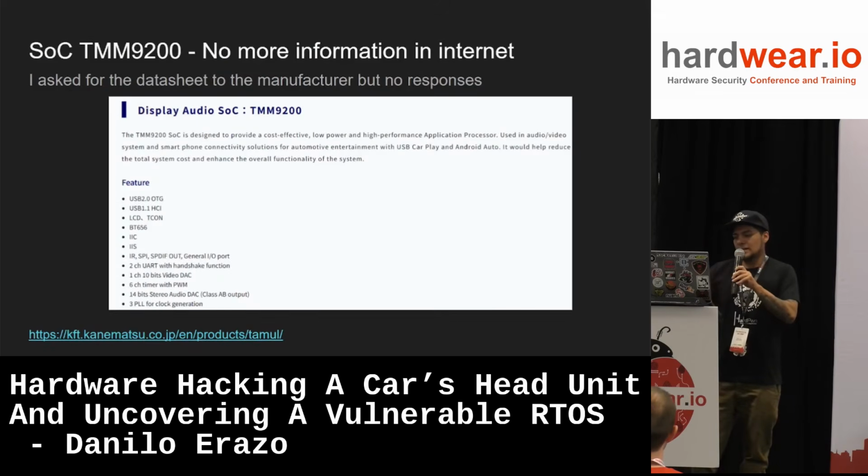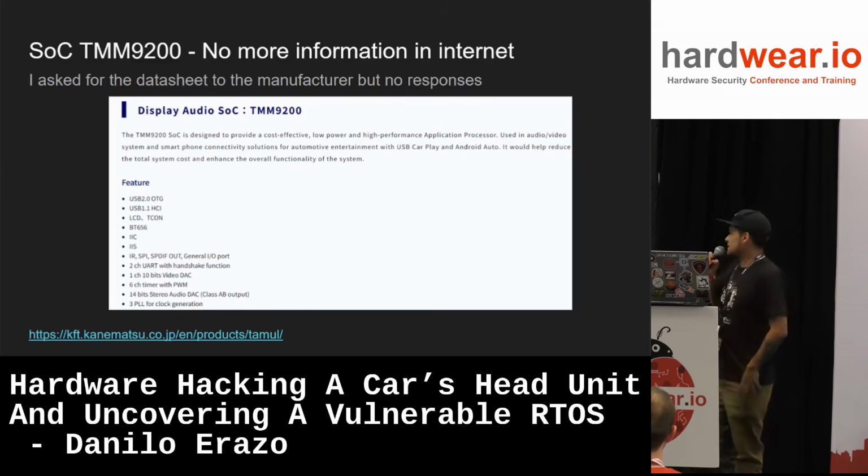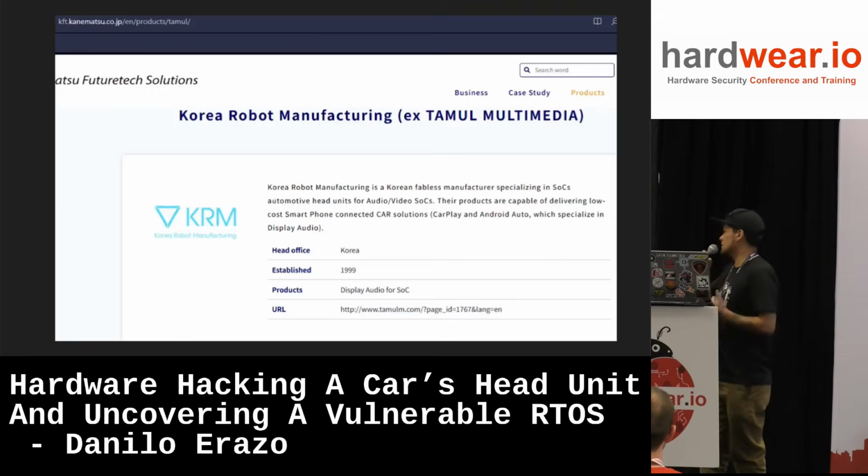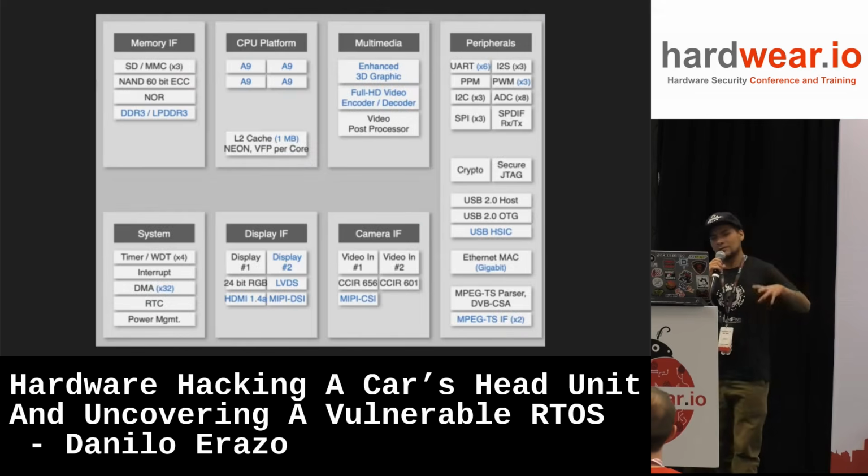What about the system on a chip? There's no information on the internet about this chip, no datasheet. This is the only information that I was able to recover on the internet, the features of this system on a chip. I asked the manufacturer for the datasheet, but got no response. The manufacturer is Korea Robot Manufacturing, previously called Tamil Multimedia. This is a system on a chip from the Korean robot manufacturer that is very similar to the